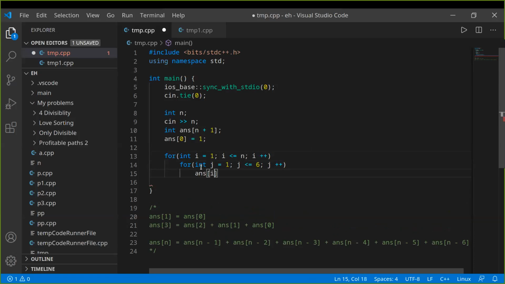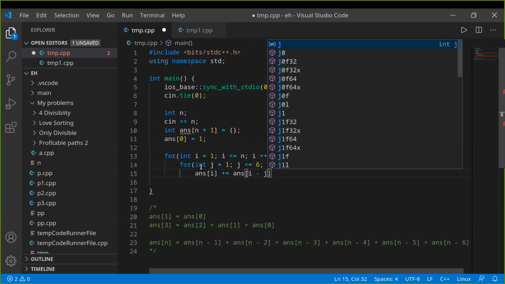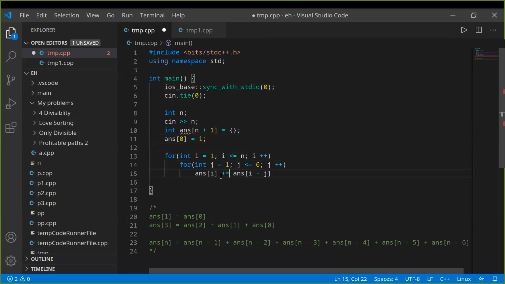And then answer of i will be plus equals answer of i minus j. Okay, so first time answer of i, I'll add to it answer of i minus 1, then i minus 2